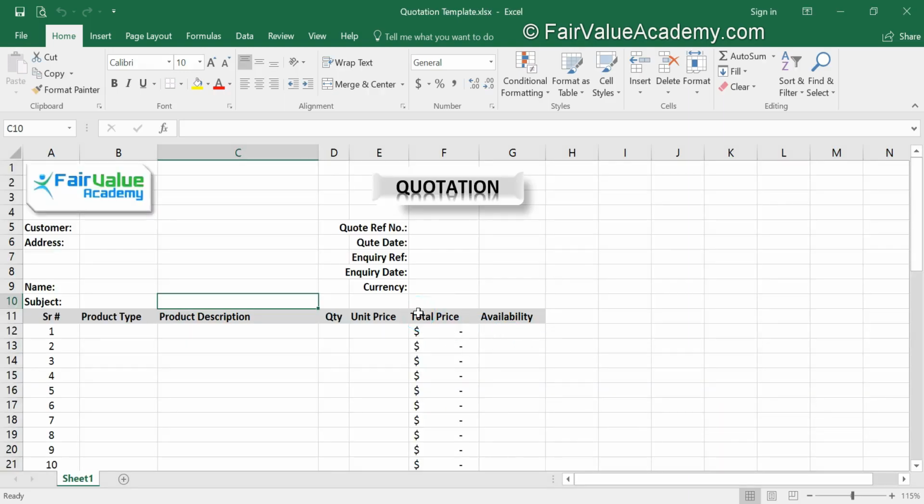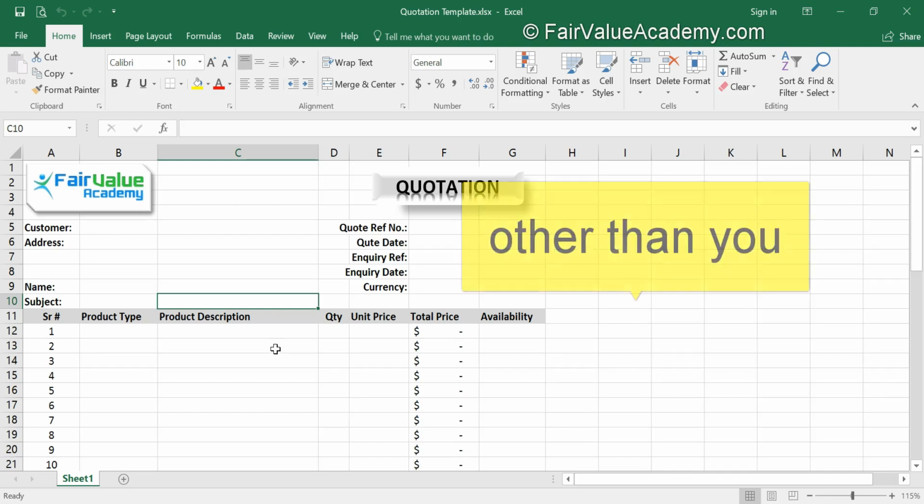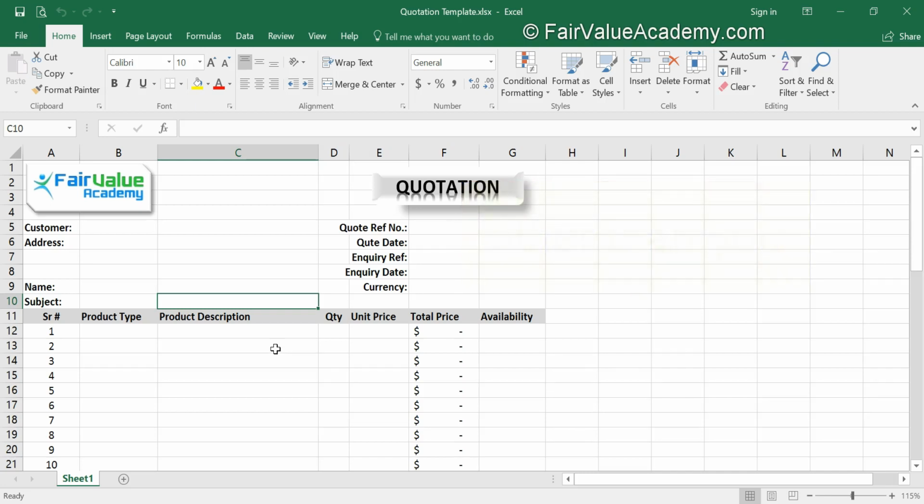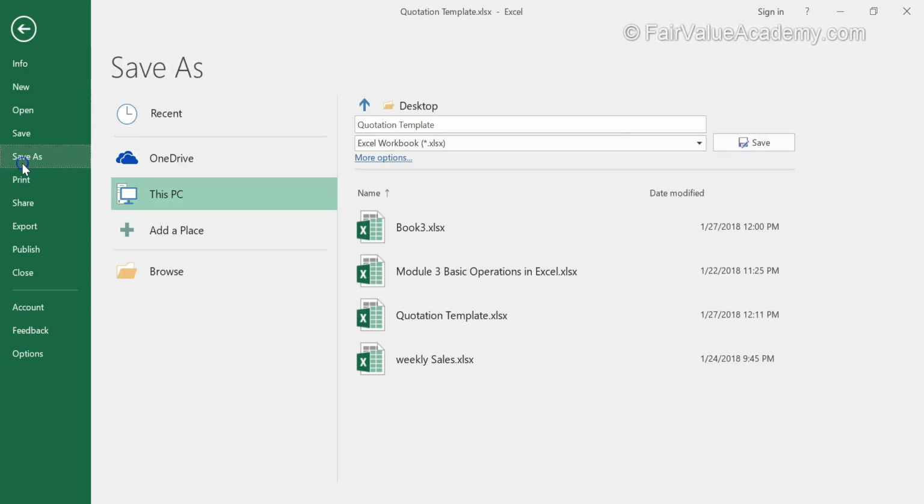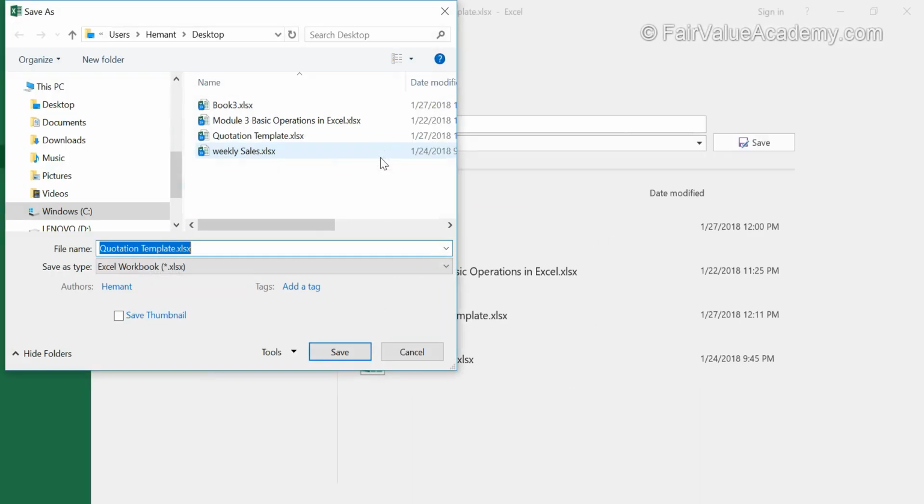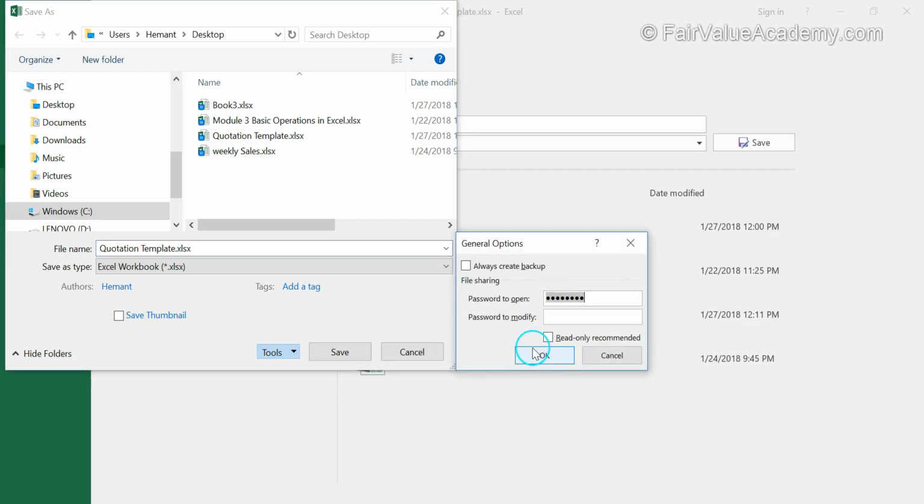However, I would not recommend this particular method. This method is useful when you are applying a password to confidential files which cannot be opened by anyone. In our case, when you are making templates, we will use the second option. So I'm going to go to File, Save As, More Options, Tools, General Options, and I'm going to remove this password and enter a password for password to modify